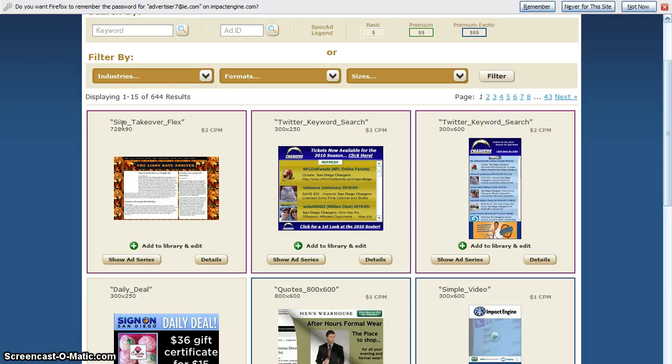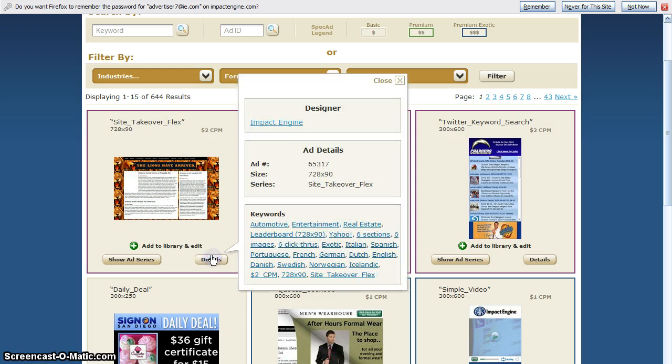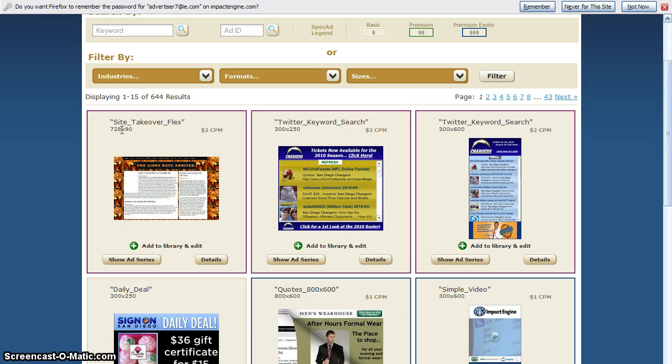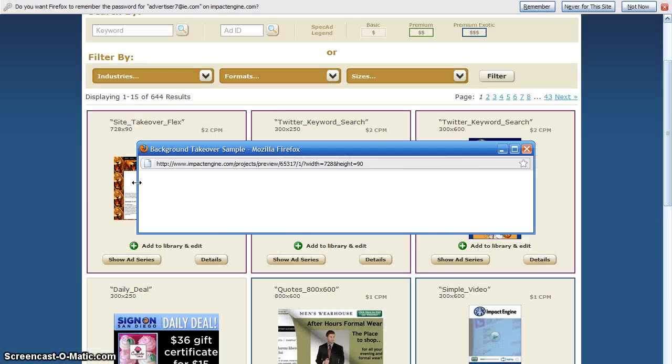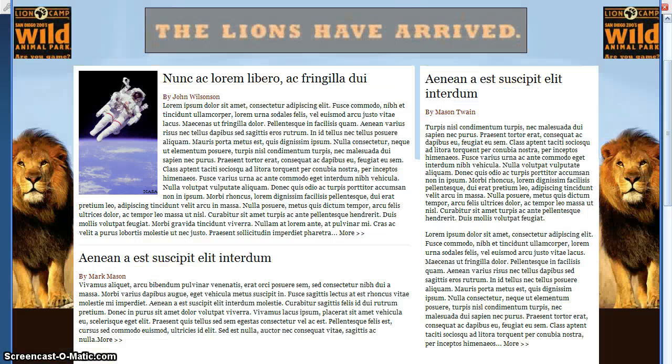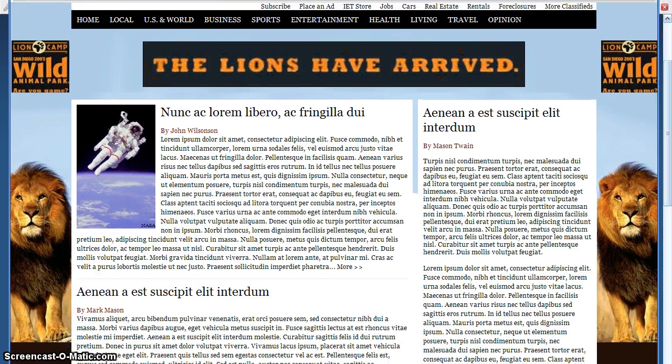This is the design guide for our Site Takeover Flex series, available by typing in Site Takeover Flex. This particular ad is ad ID number 65317, and we're going to start by looking at the 728 by 90 version of the ad. We'll go ahead and do a preview here, and these ads are designed to, exactly like they say, take over